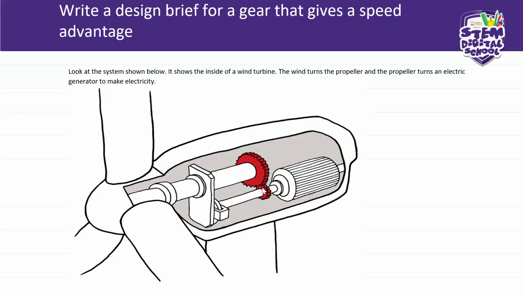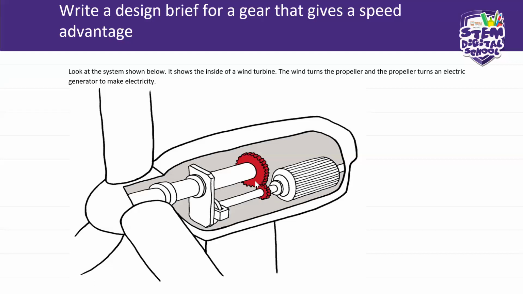And then the driver will then turn this smaller gear. And then that will give us speed. And that will be transferred to the generator, okay? The generator will then create electricity,